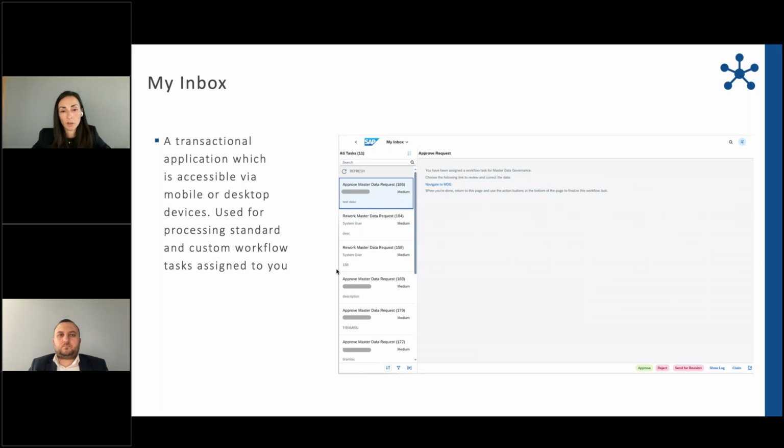That's why the look is a little bit like on a mobile phone, so we can scroll through all those tasks which are assigned to us, and only as a second step navigate to MDG if necessary to see the further details which we have to approve. But if we don't want to see full details, we can directly from here, and you see on the screen, use our buttons for approval, rejection, or revision.